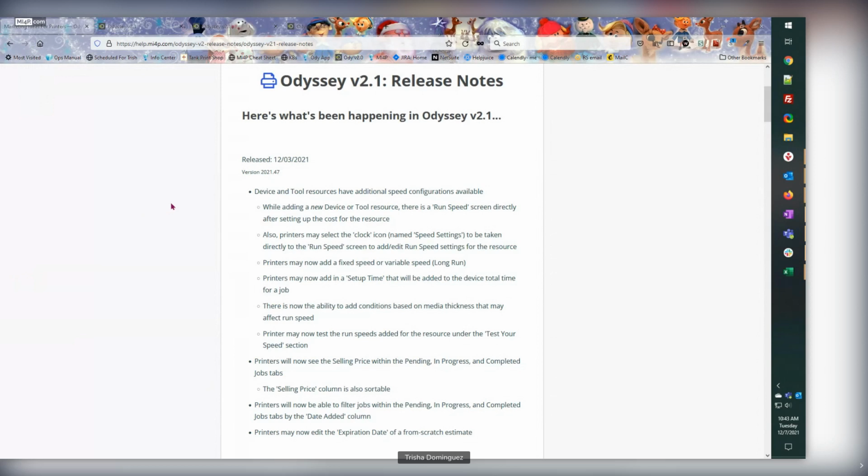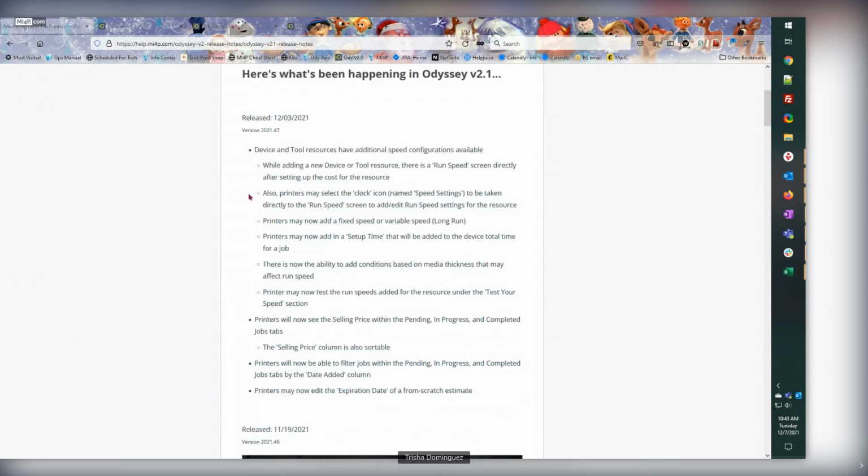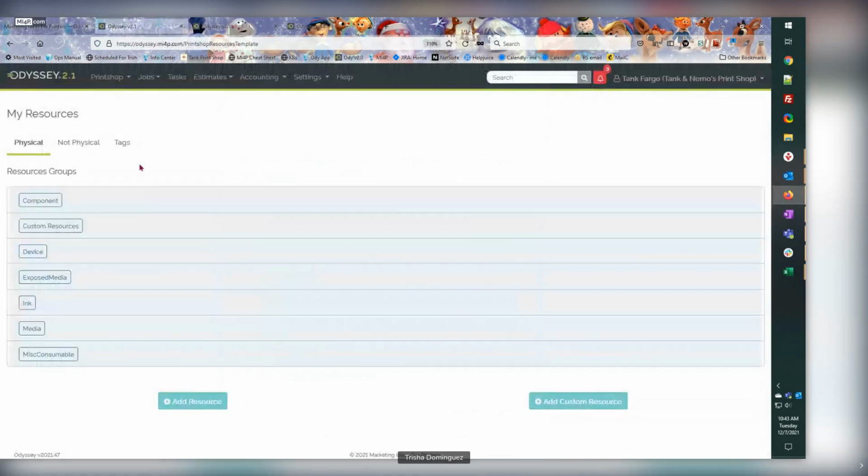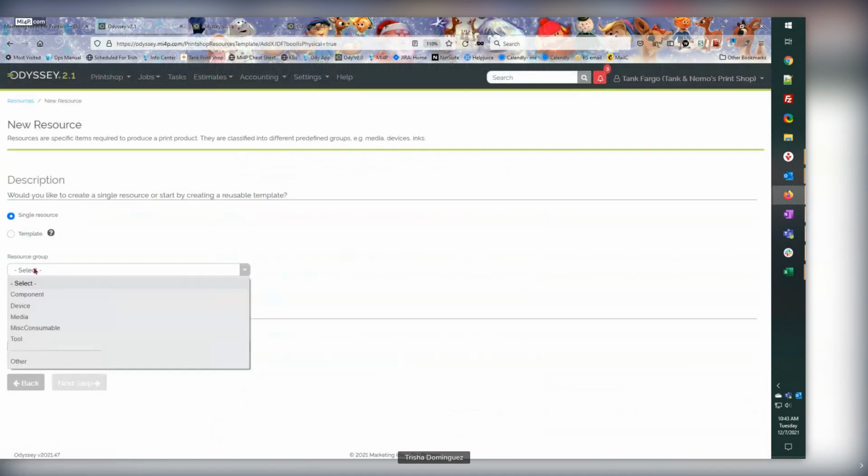The first bullet: device and tool resources have additional speed configurations available. While adding a new device or tool resource, there is a run speed screen directly after setting up the cost for the resource. What this is referring to, if I go to add a resource, and I will just simply add a device,